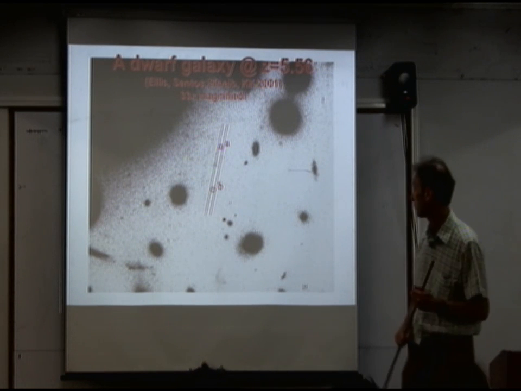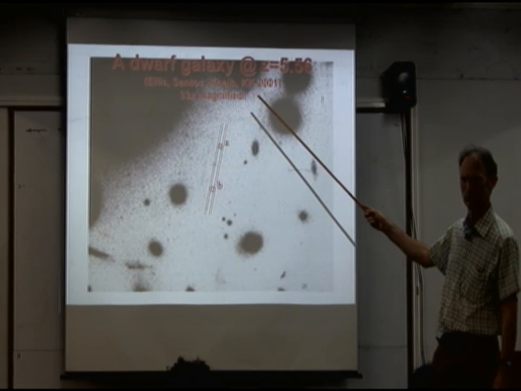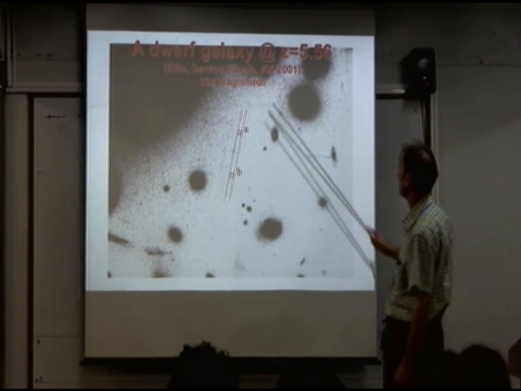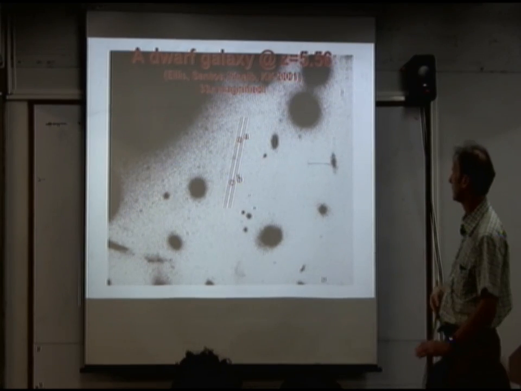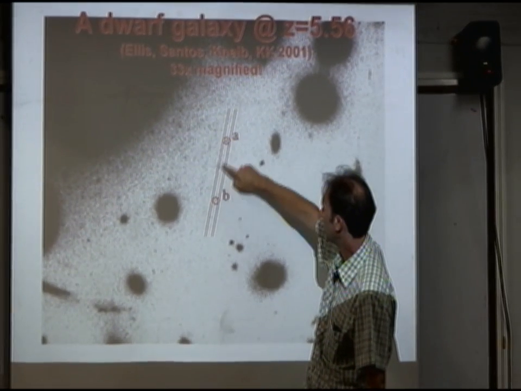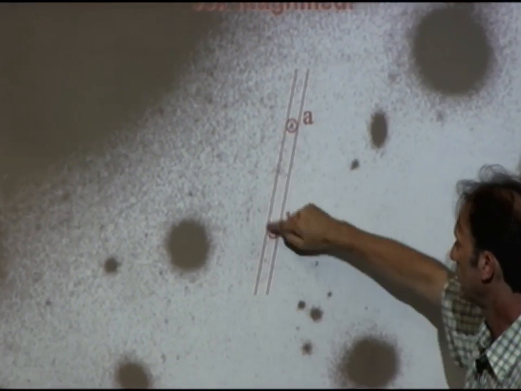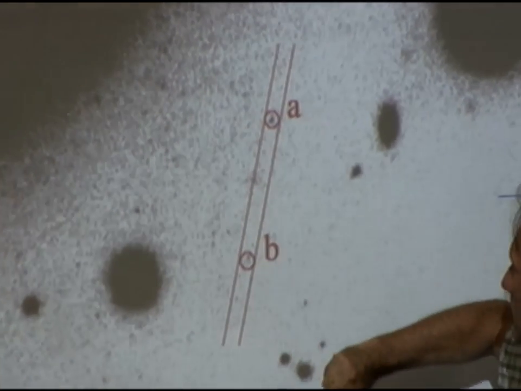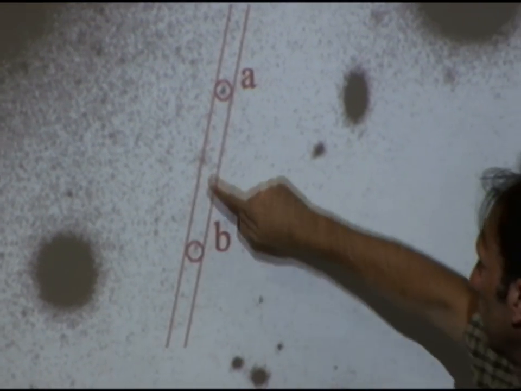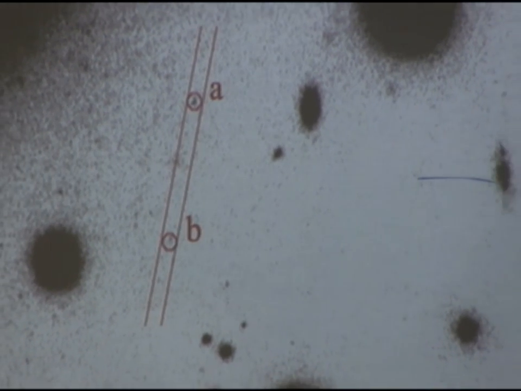Here's a case in which I was involved myself. This was worked together with Richard Ellis, who is coming here soon. Yes, so we collaborated. This was in 2001. This is much, much fainter. So this is two little counter images. The critical curve of this cluster here runs right through here. So you expect double images either side of the critical curve. And we found this really tiny blob, which seemed to be in the right place. And when we took a spectrum of them,